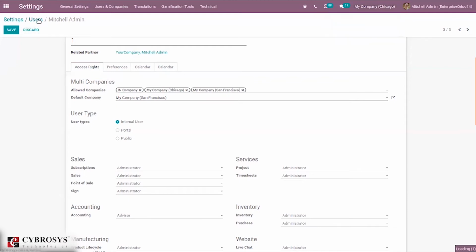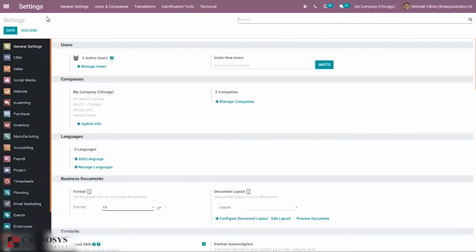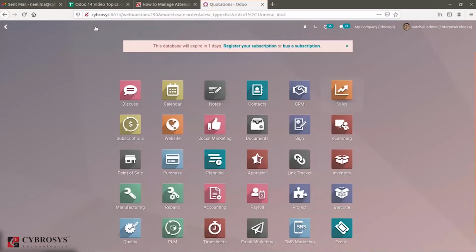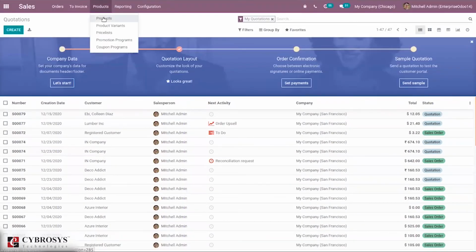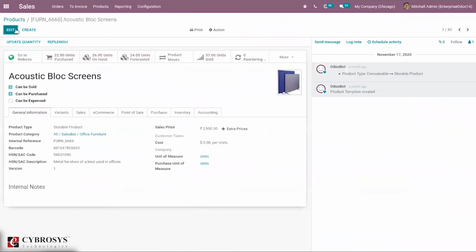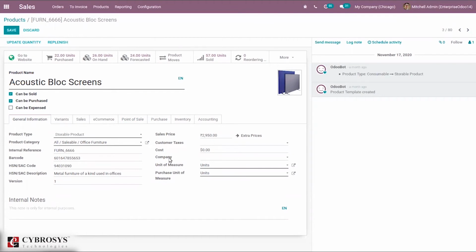So here, when you choose some records, like when I go to the sales module and open my products, here you can find an option to set a company for this product.